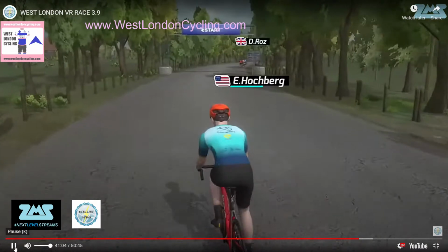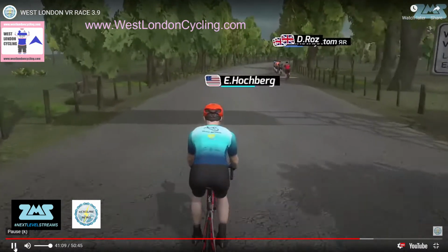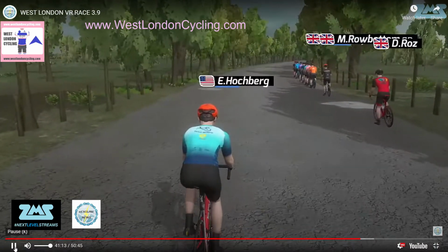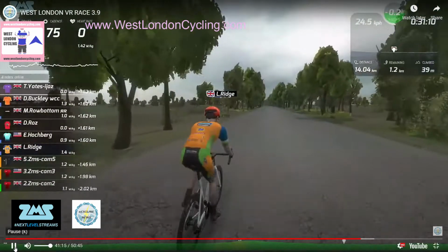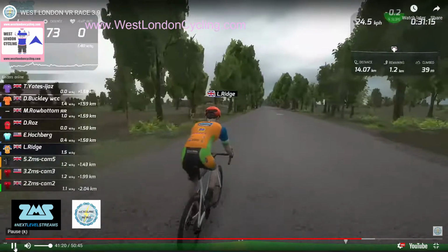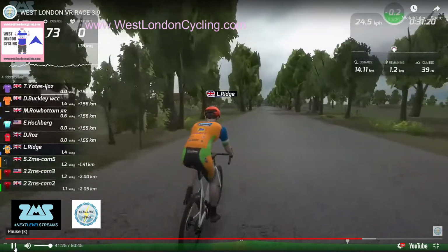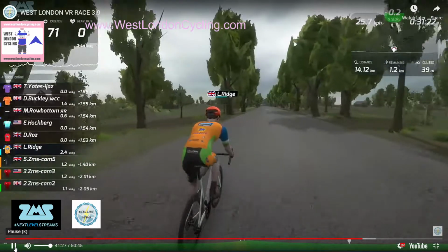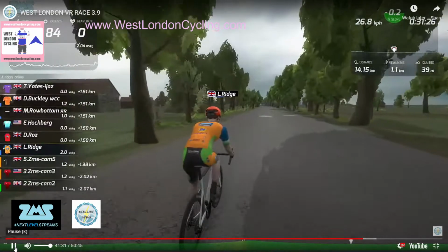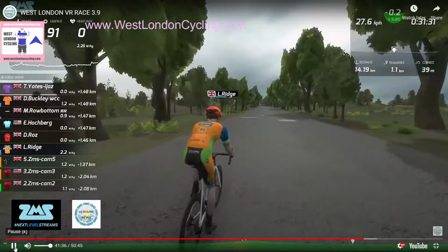Just a quick word there. It's the rider that we were talking about before, Emily Hochberg. I don't know whether they're intentionally riding as a male avatar, but I know that some ladies would rather ride as a male avatar to avoid any unwanted communication, shall we say. But if you do go into the equipment, you can choose your avatar in RGT, and there's a few different male and female avatars to go through, as well as the umpteen different kits that you can choose, and a wide selection of